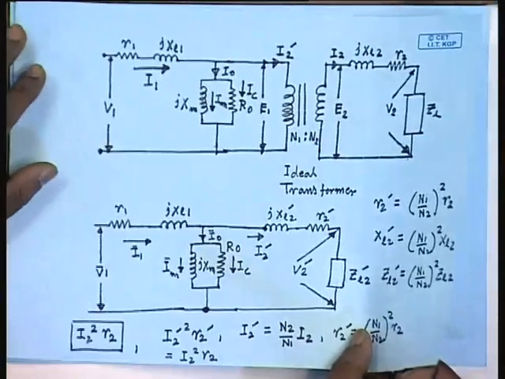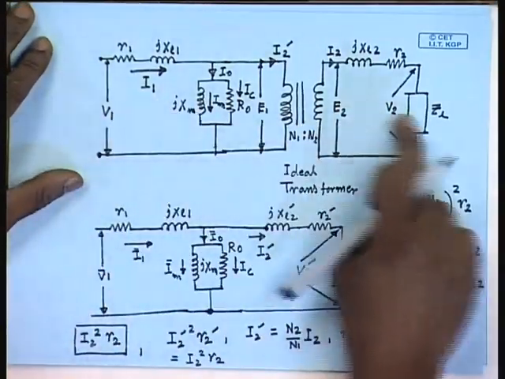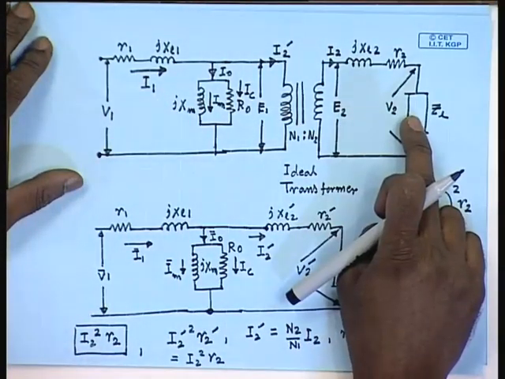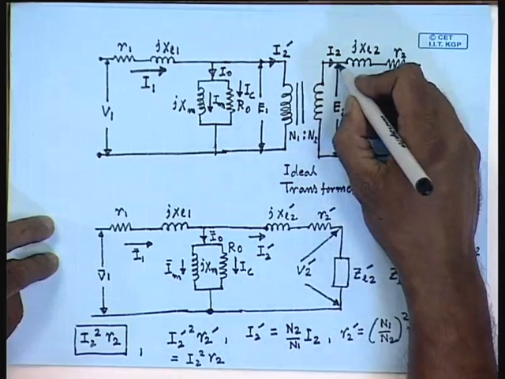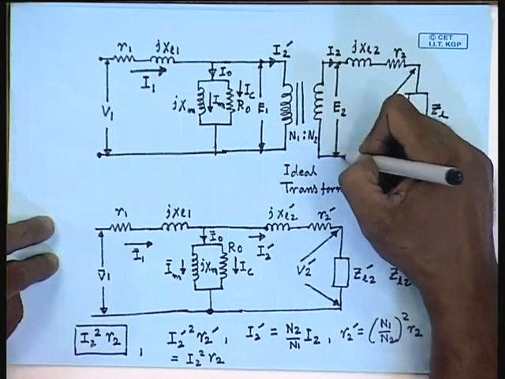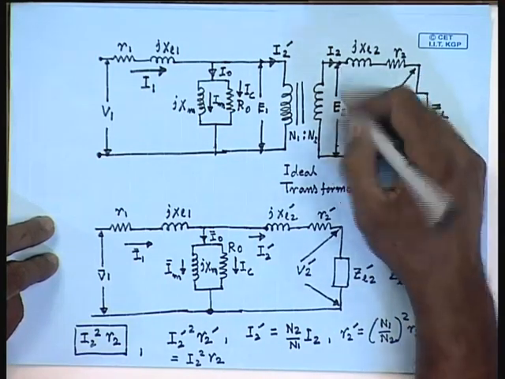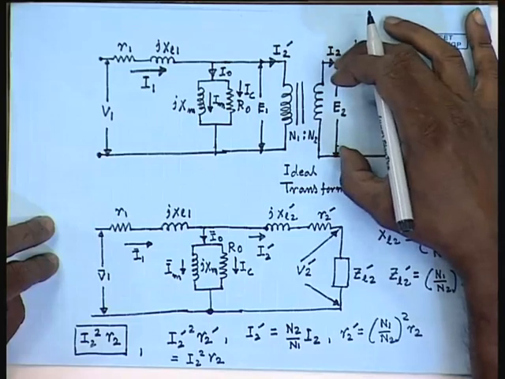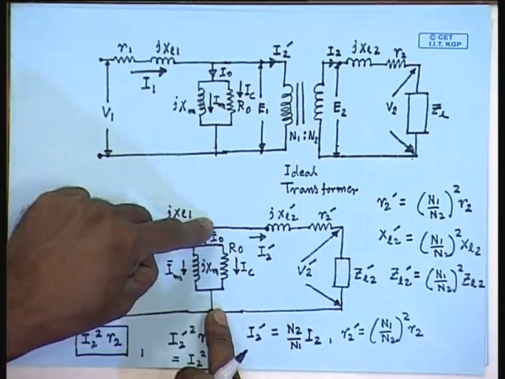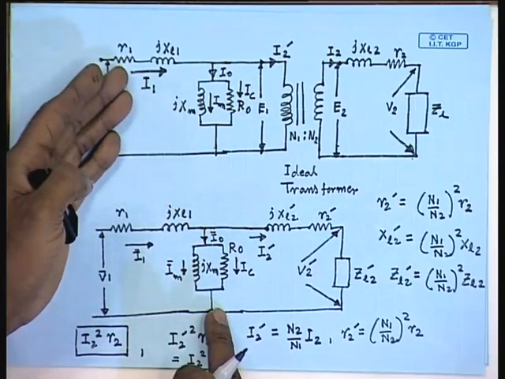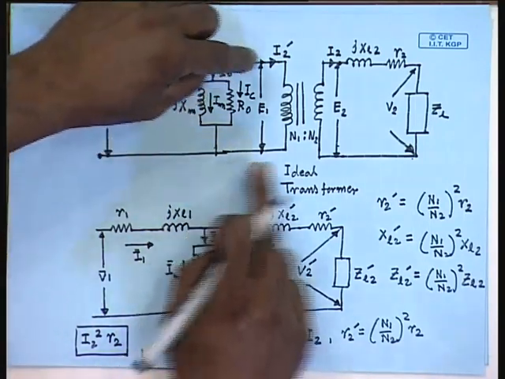The actual circuit model which is given by this diagram, we now want to replace it by an equivalent circuit with an equivalent network connected across these two terminals. This circuit, which is also an equivalent circuit referred to the primary side, was obtained by replacing